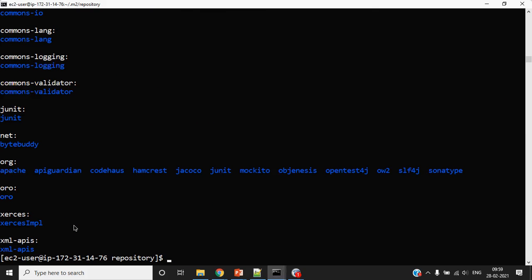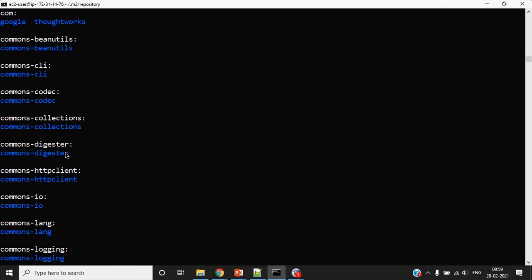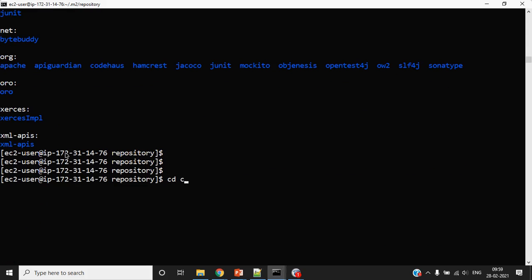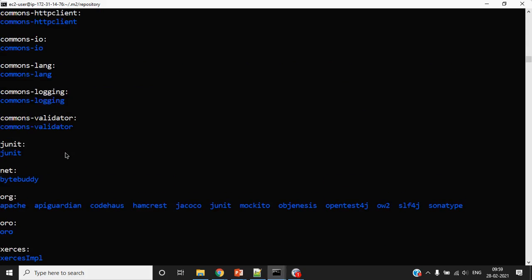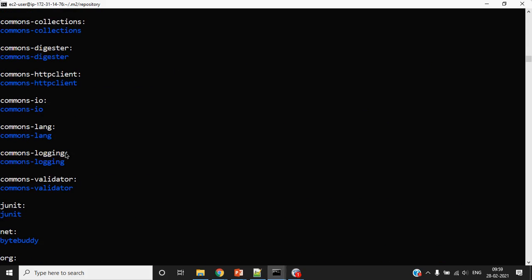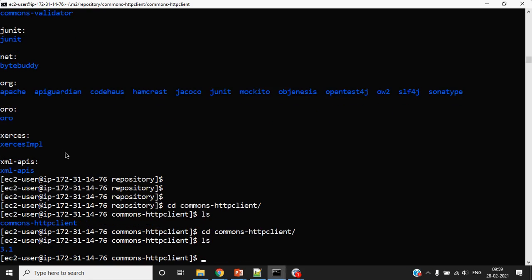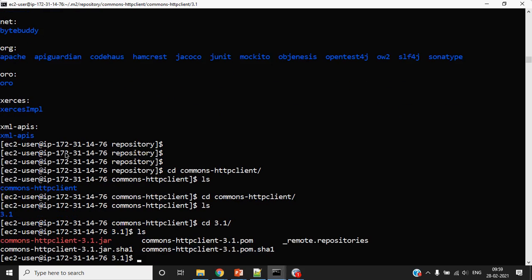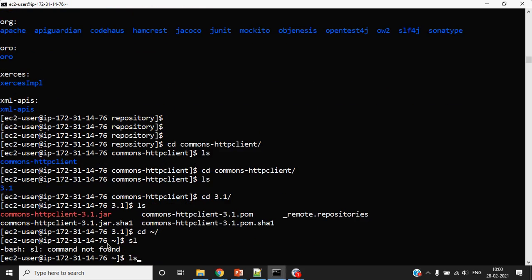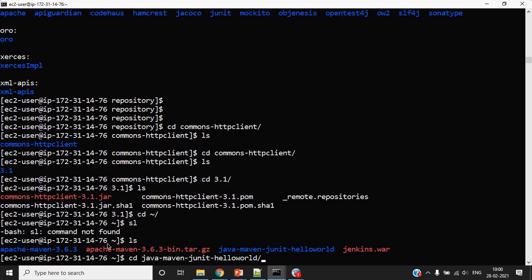The simplest example could be the commons HTTP client. So if you see here, this is basically the jar file which has been downloaded from your central repository into your local repository, and this library will be used during our compilation. So if you go to our project,